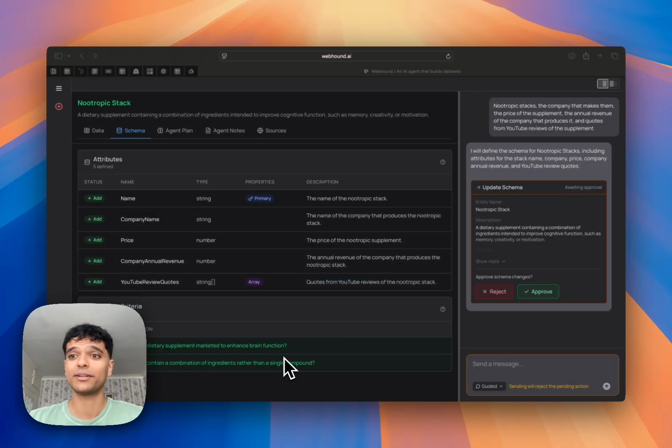So the first thing Webhound is going to do when we use guided mode is it's going to design a schema for our data set. So what that means is what does the structure of the data set look like? What does each entry have associated with it? So here, each entry, right, is a nootropic stack, and we're going to have its name. We're going to have the name of the company that produces it. We're going to have the price of it. We're going to have the annual revenue of the company, and we're going to have some YouTube review quotes. So that matches up pretty exactly with what I asked for in my prompt, so that looks good,